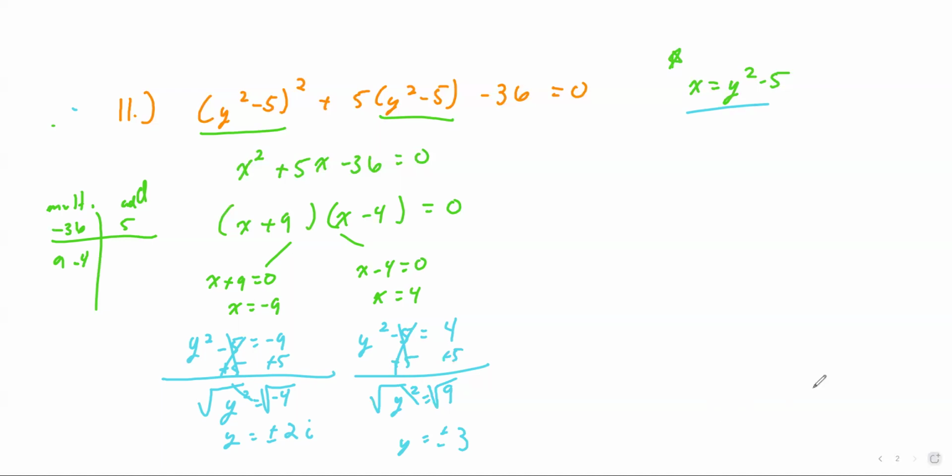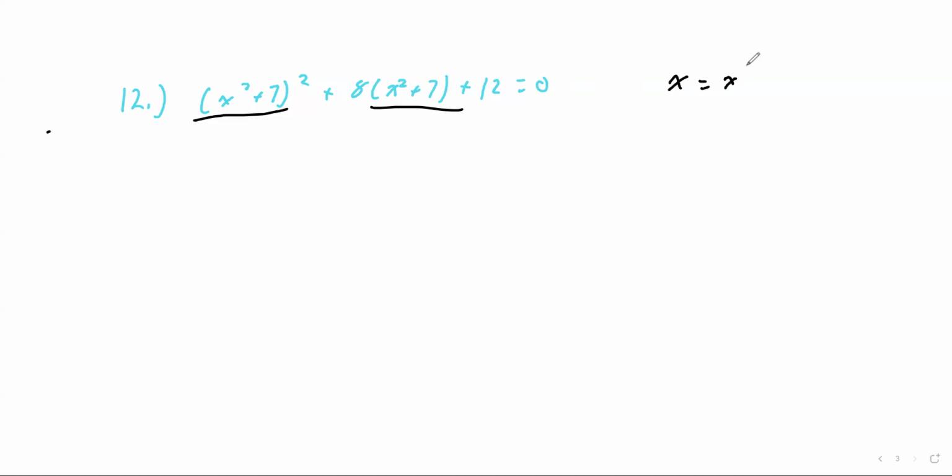All righty, let's do another one. Let's look at number 12. Number 12 is x squared plus 7, squared, plus 8 times x squared plus 7, plus 12 equals 0. Again, hopefully you're looking at this and going, man, if only this was an x. So here it doesn't matter. The book will state, let this be a, since it's already an x. But if you can understand that your new x and the x that's already there is different, then you can go this route. If not,